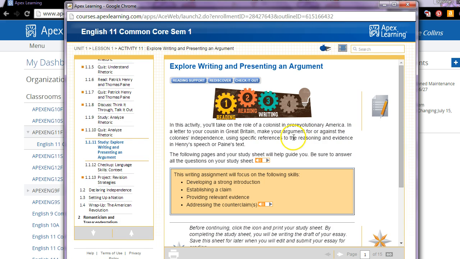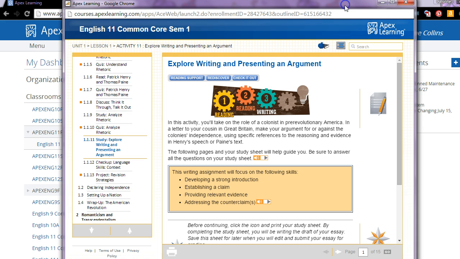When we click on it, one of the things that I want you to notice, because I have a suspicion that students are looking at the first page and not scrolling through the rest. This magical white little arrow here is going to help you. So don't skip it. So notice it's page 1 of 15, which means there's a lot of information here that might be useful to you. If I click on here and it says click for your study sheet,